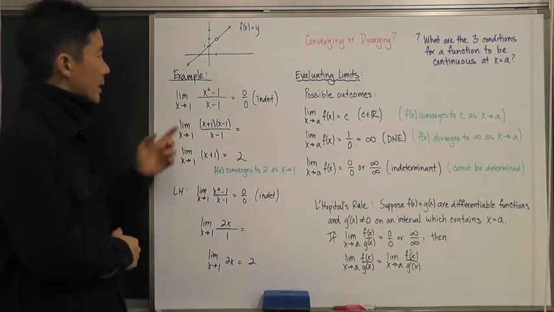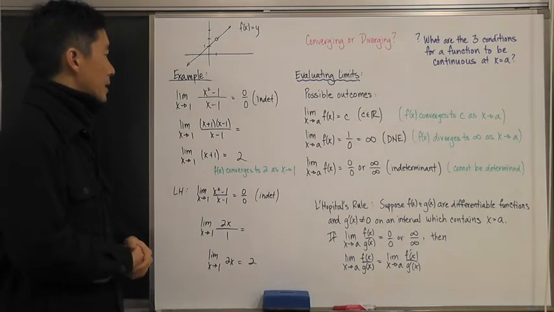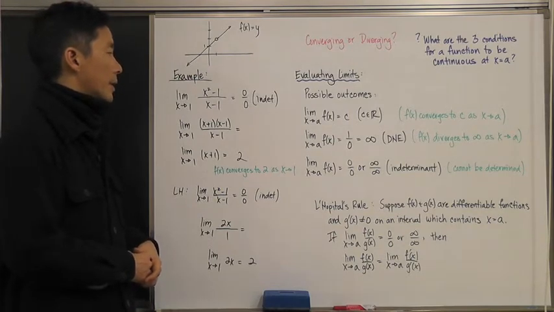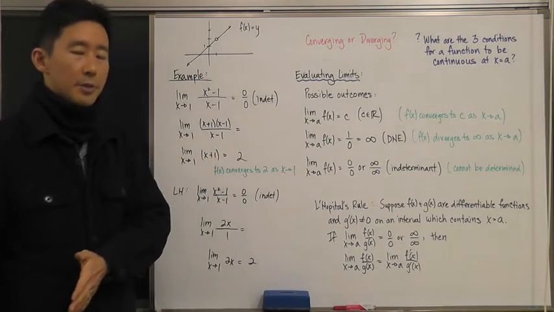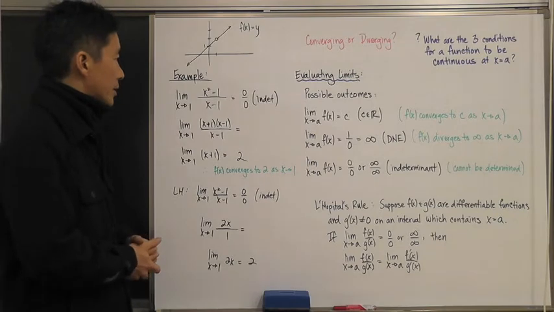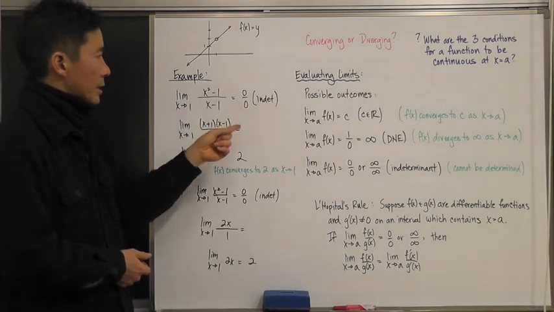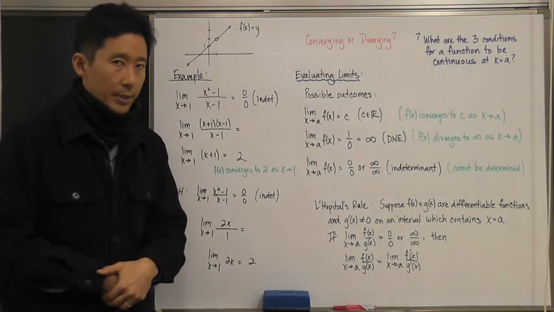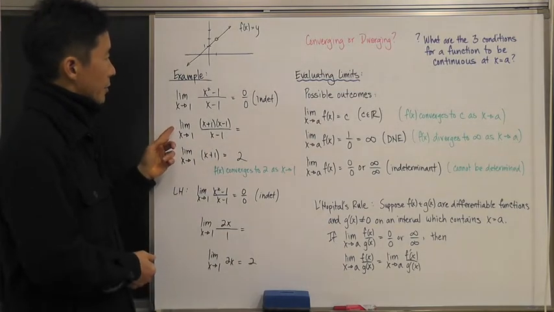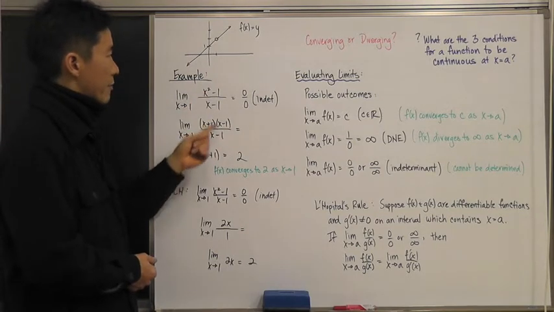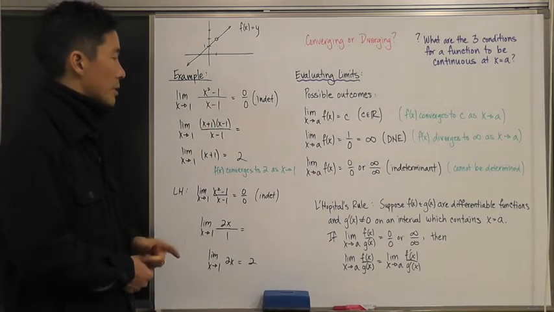Okay, so let's take a look at this example here. It says the limit as x approaches 1 of x squared minus 1 over x minus 1. Now if we did a direct substitution into this function, then of course what we'd come up with is 0 over 0. And again, this is indeterminate. Now the thing is, being that this is 0 over 0, there's most likely going to be